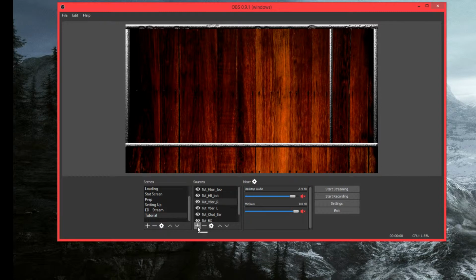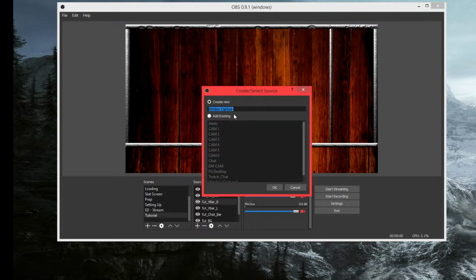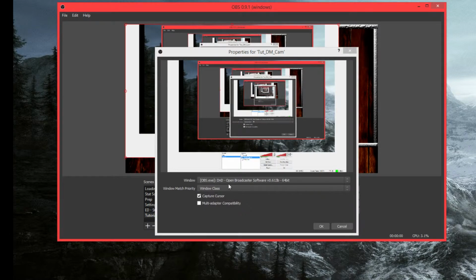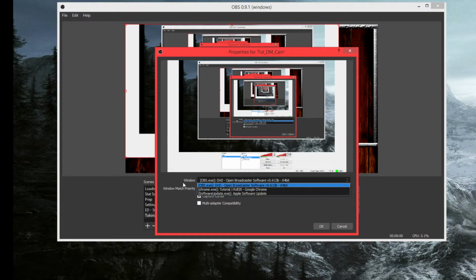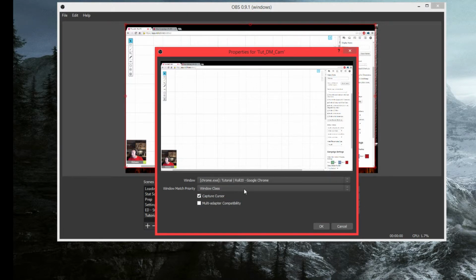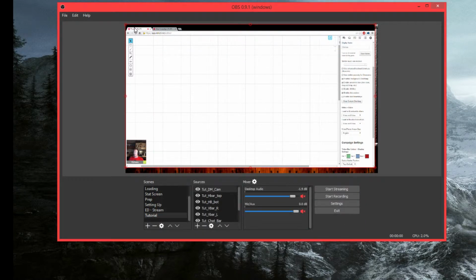So then you're going to go over here to this Add Sources, and you're going to go to Window Capture, and we're going to call this one Tutorial DM Cam. Okay. And you're going to click on the window drop down, and you want to click on the Roll20. So there you go, and you can just hit OK. So now you can see that it's captured what's on our Roll20